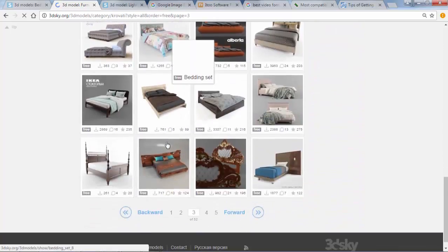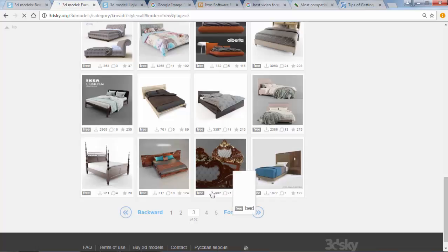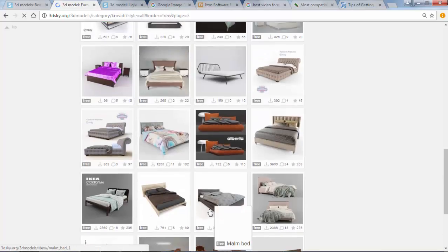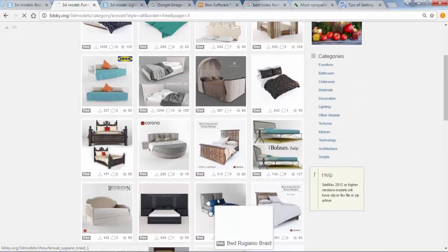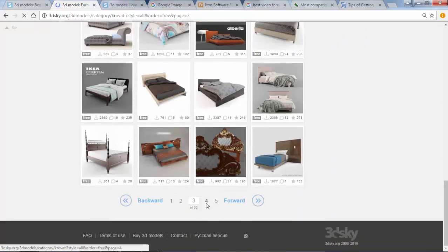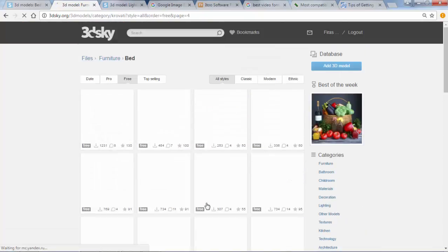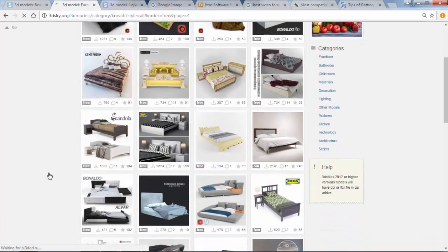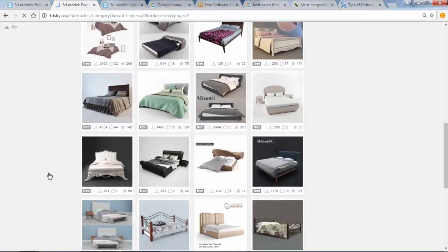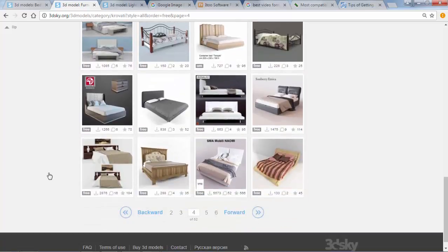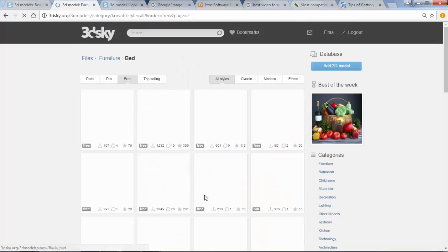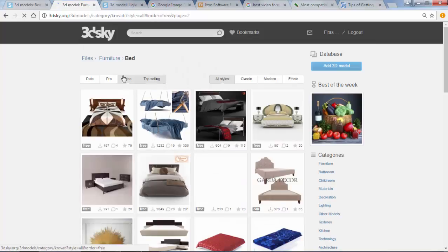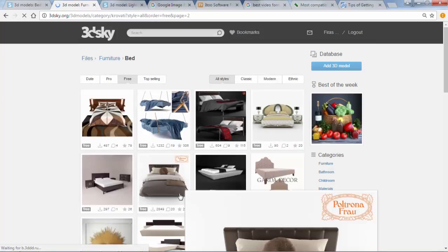I think yeah, there it is in the second page.